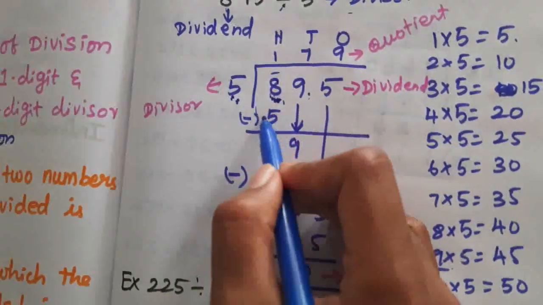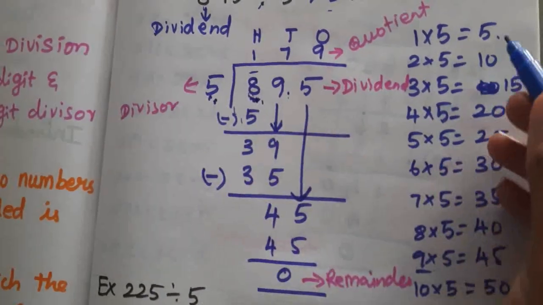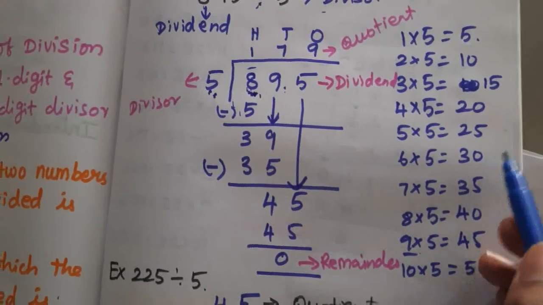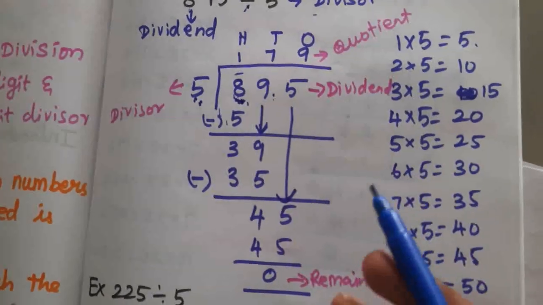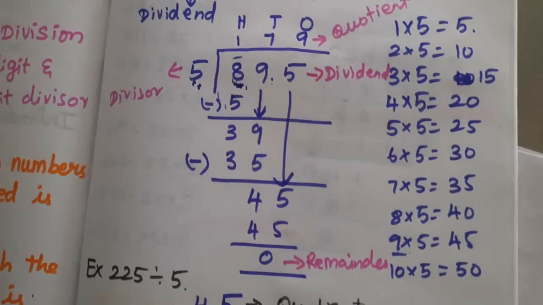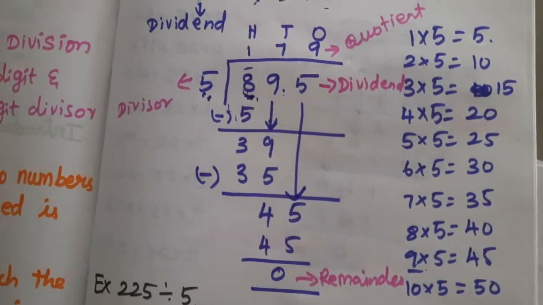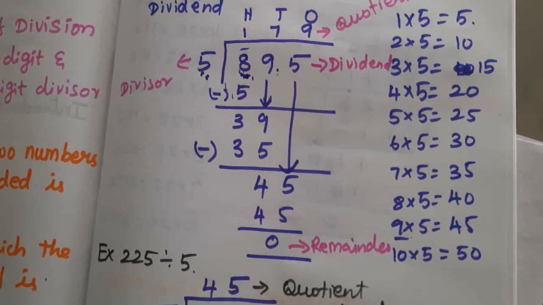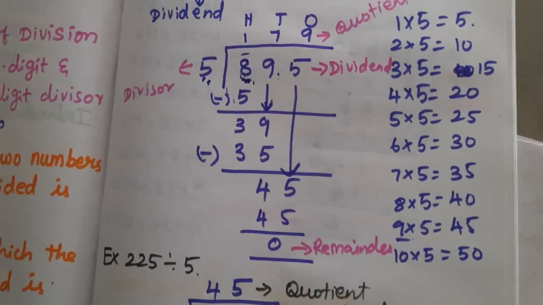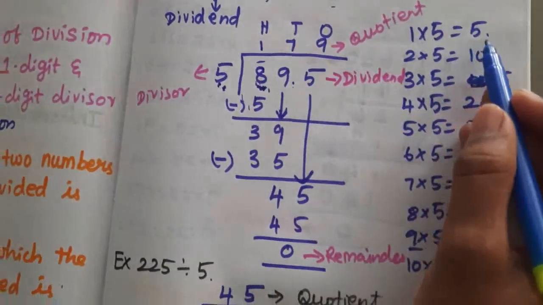But here the dividend is greater, so you have to take that same number. Okay, 1 times 5. While you check that number in the table, see 8. Is 8 in the 5 table? No. Next step, you have to see the nearest to 8, not more than 8. Keep it in mind, nearest to 8 only you have to see. First you have to check whether the number is in the table, or else you have to see the nearest to 8. Not more than 8, nearest to 8. Nearest to 8 means only 1 times 5.